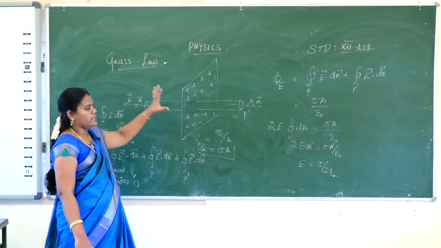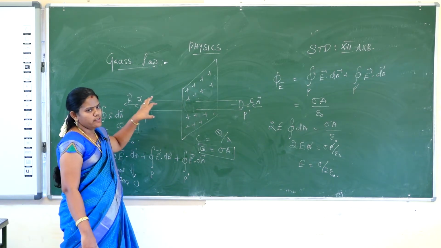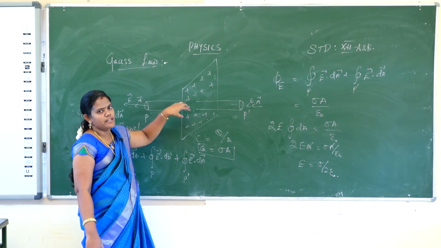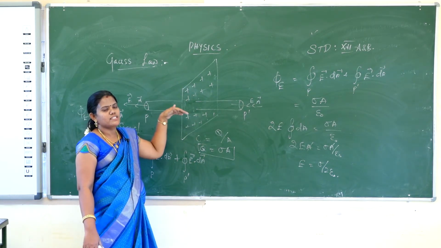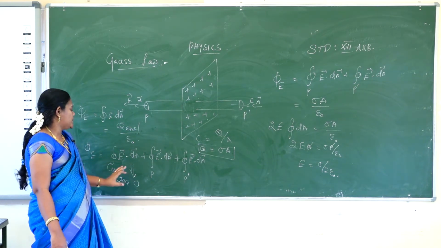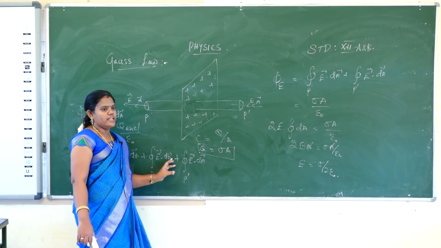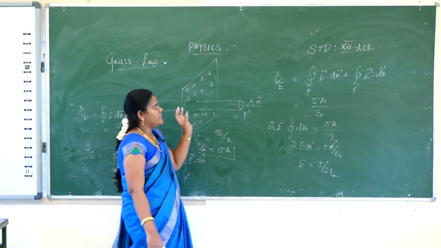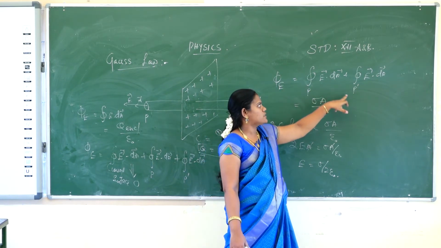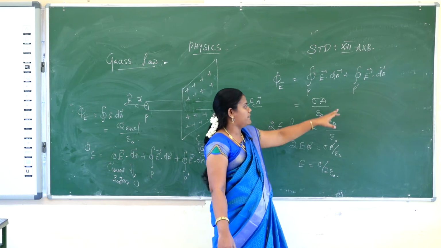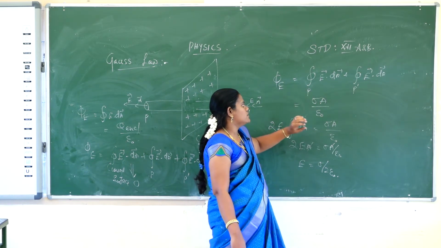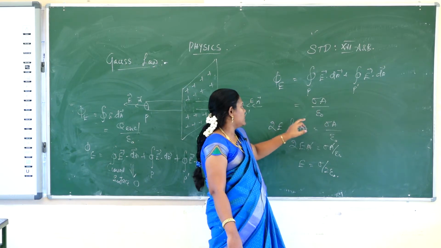So we consider the infinite plane sheet and took the Gaussian surface through the middle. On the curved surface, the electric field is perpendicular to dA, so the electric flux through the curved surface will be 0. So closed integral of E vector dot dA vector is 0. So the electric flux is created only in the P part and P dash part. The total electric flux is equal to closed integral over P of E dot dA plus closed integral over P dash of E dot dA, and it will be equal to the charge in the enclosed surface by epsilon naught.